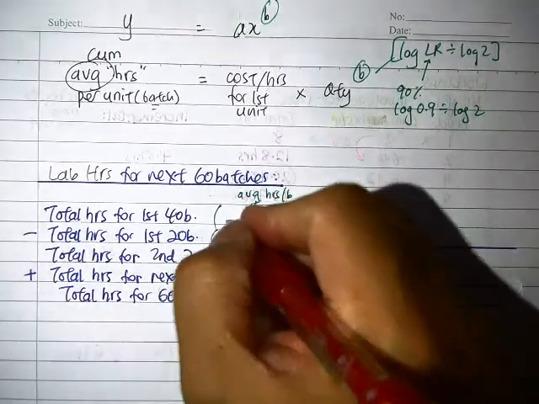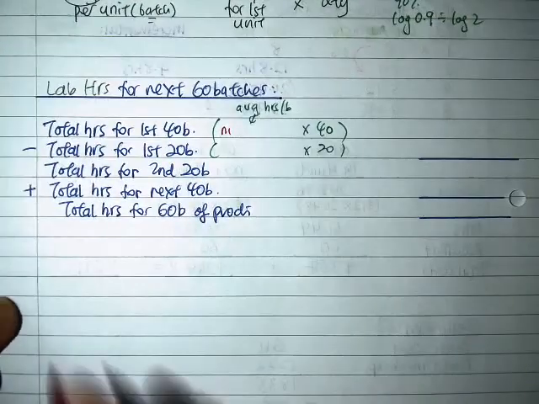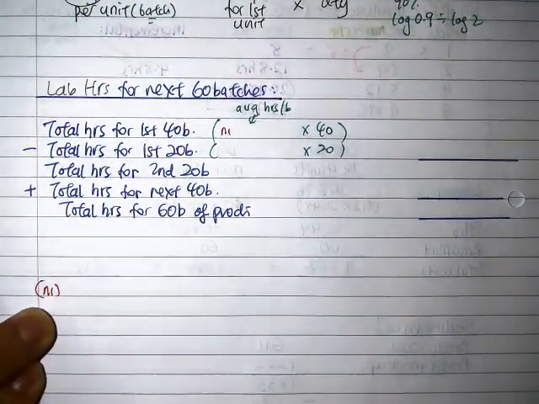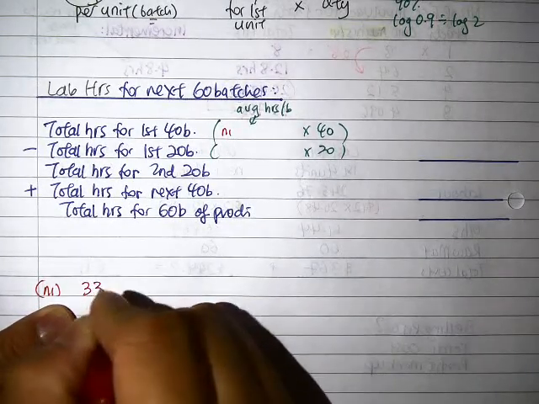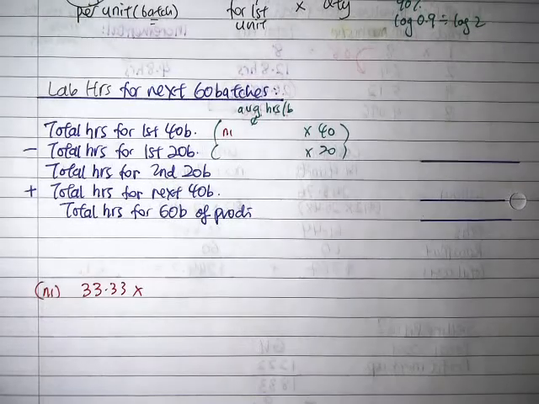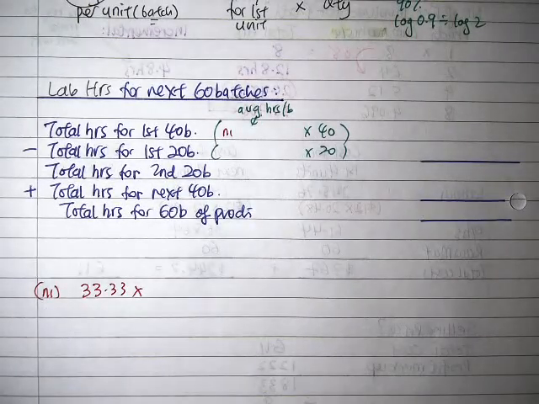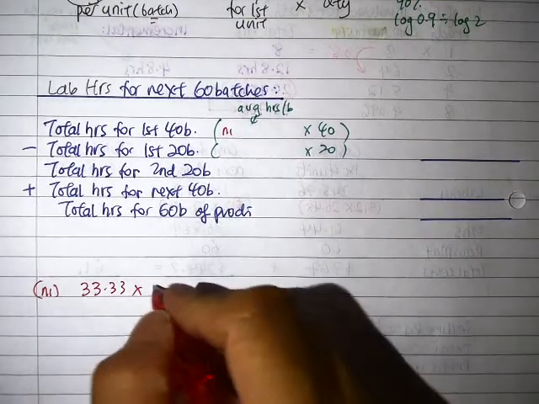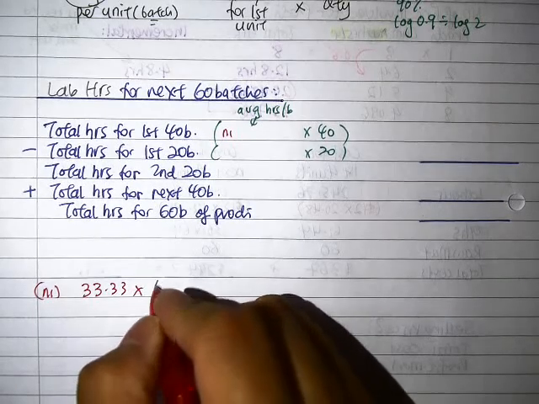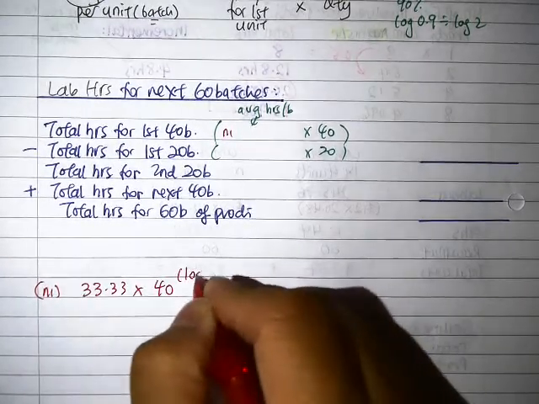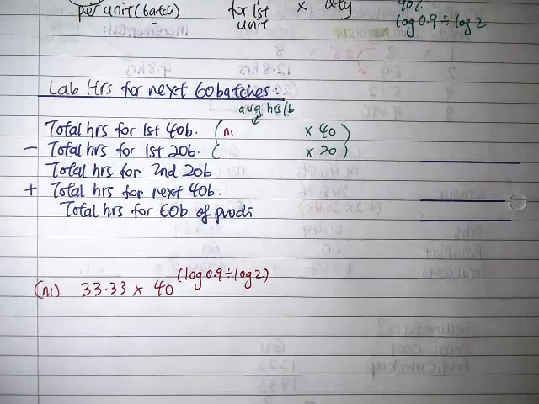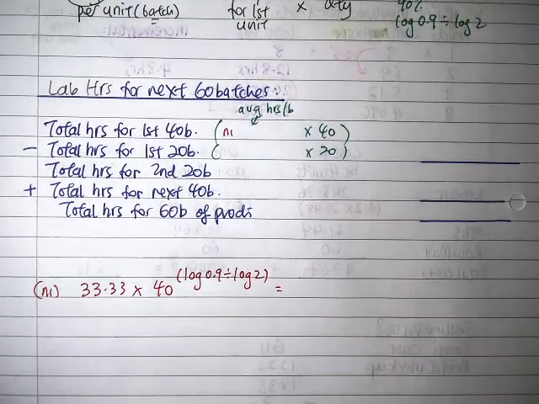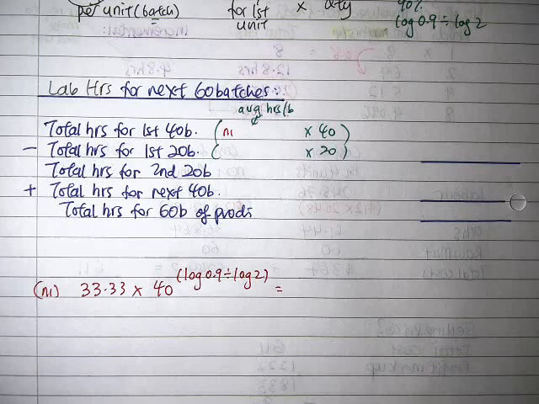Alright, so I'm going to use the 1. So the hours for the first batch is 33.33 multiplied by 40 to the power of log 0.9 divided by log 2. Right, so that is giving us